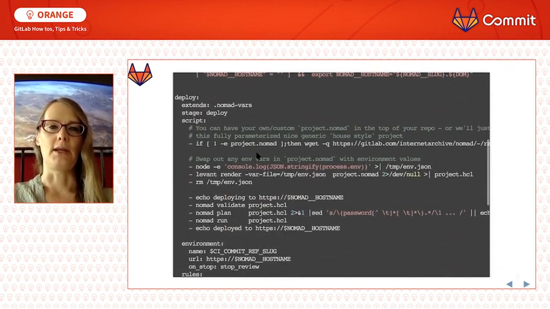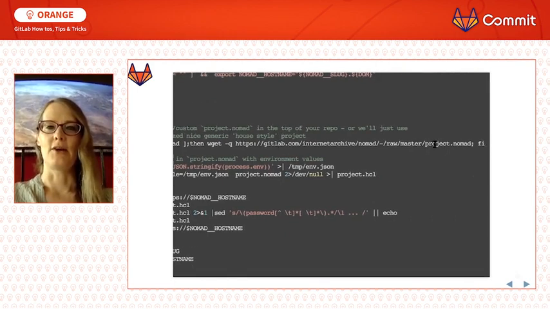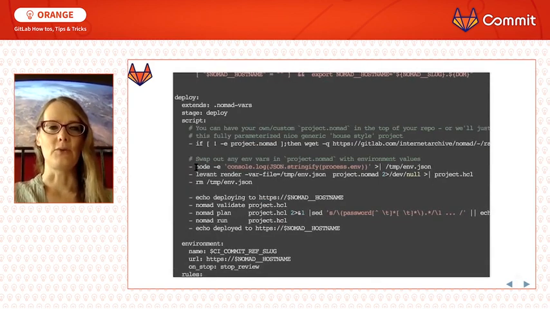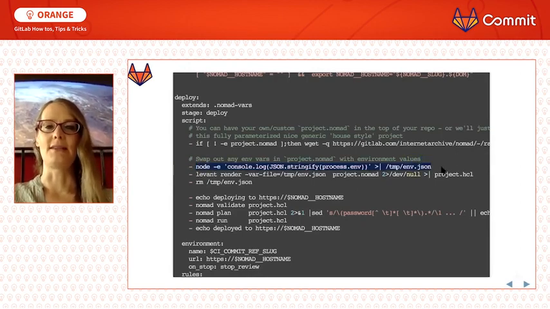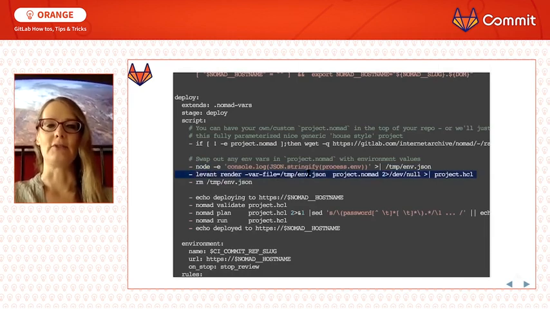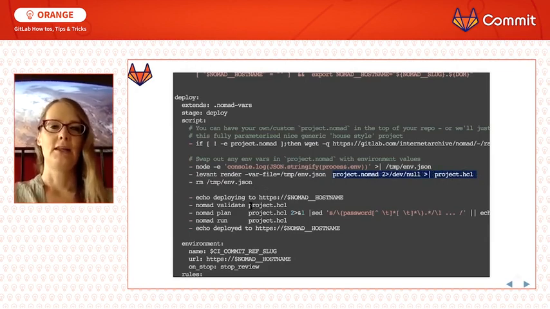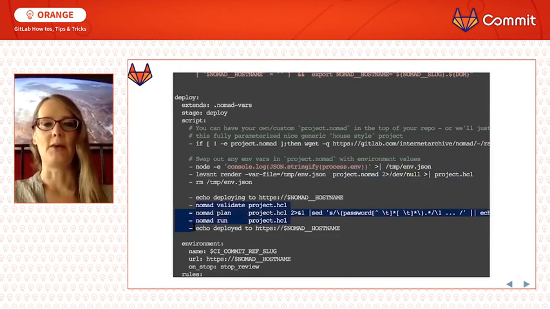And then for the deploy, I'm actually going and grabbing the generic project Nomad template. So it's highly variabilized, if you will. And then I do this cute little trick here where I pull out all the CI/CD variables from your normal build shell, and I stuff it into a JSON file, so that just makes it really easy for Levant to take over. Levant takes over from that little JSON file, takes your generic project template and makes a specific project HCL just for you, removes the file, and then it goes and does what you would normally do with Nomad, which is